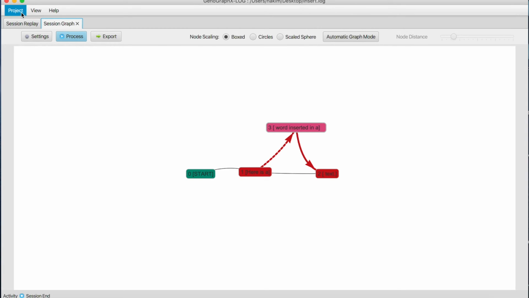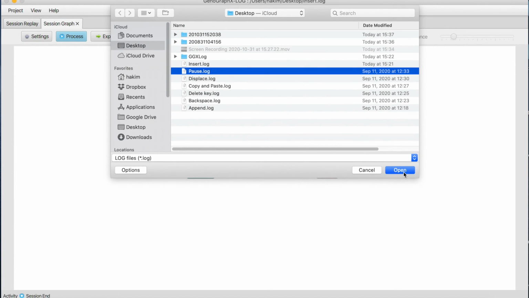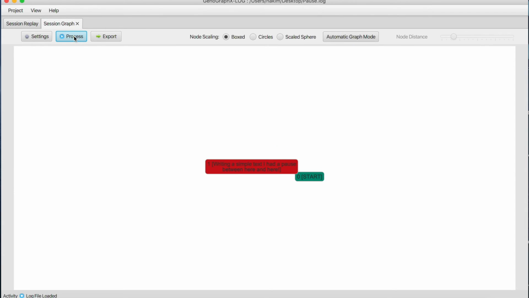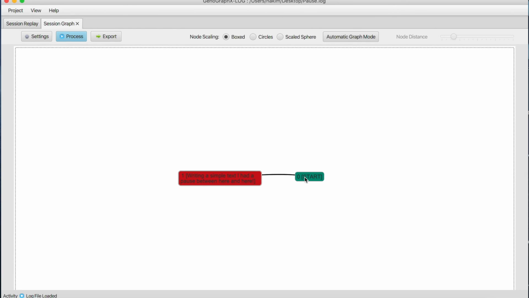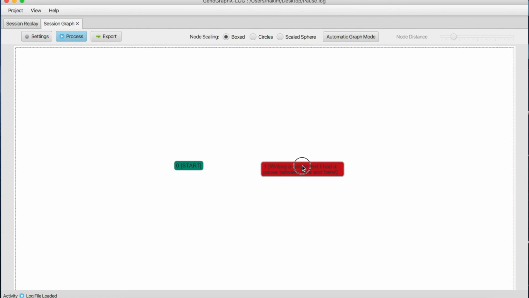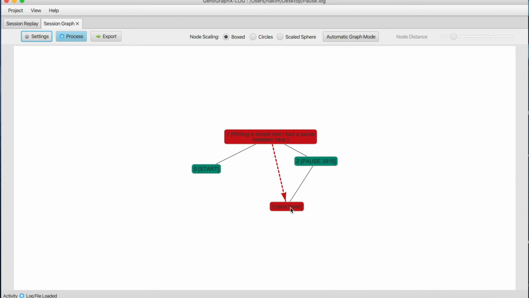So next we will look at how a pause is represented in a graph. We will go to Open, go to Pause, open this file, and then we will process it. You will see that there is no pause shown here. We have to go to Settings and say Show Pauses, and now if you draw it, you will see that